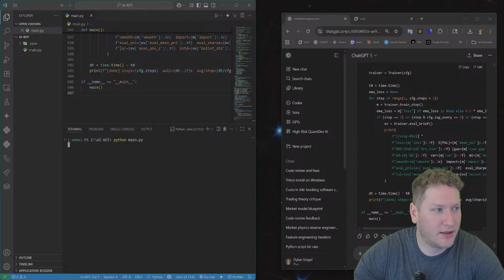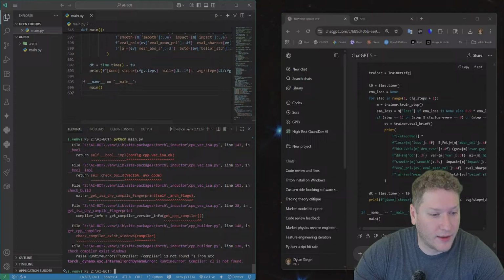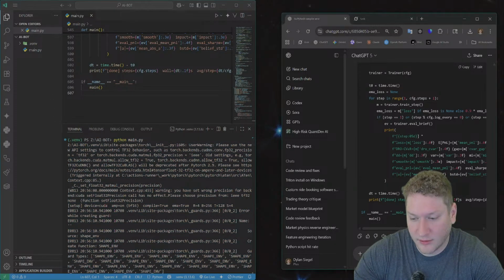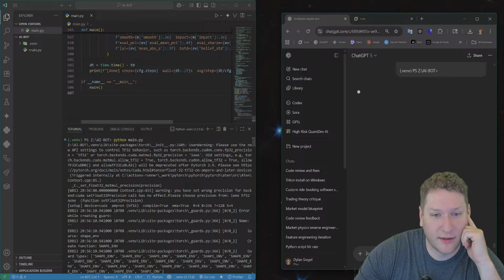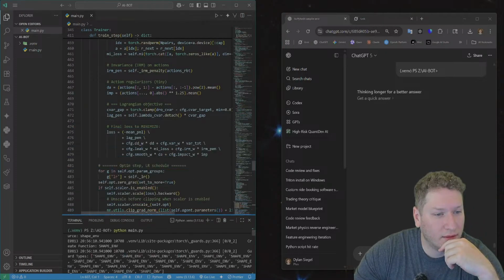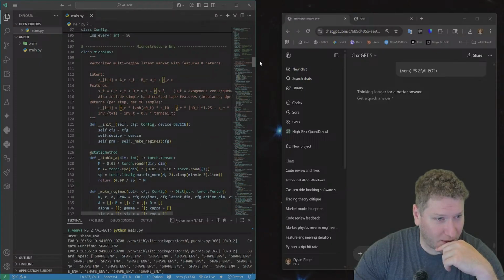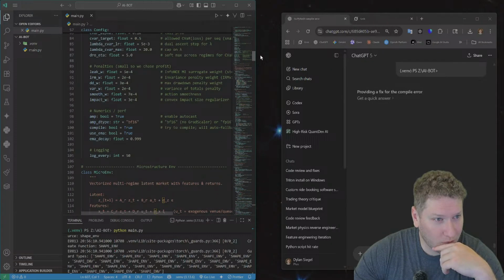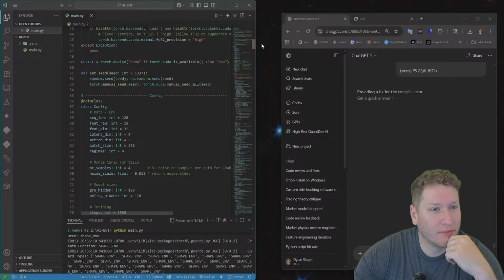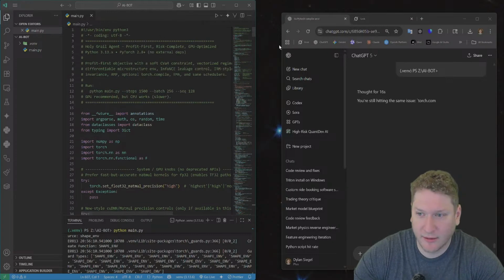This is the most errors I've ever gotten. That's crazy. Something's going on here. It's probably blowing up, probably just not stable. That's probably why it's not working.